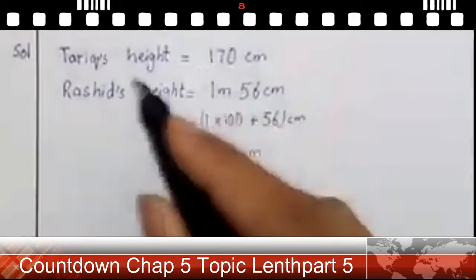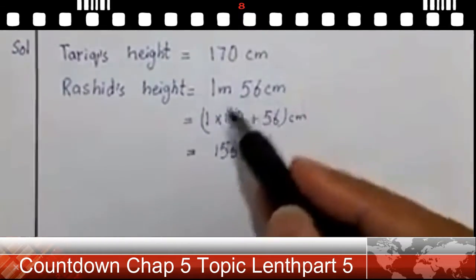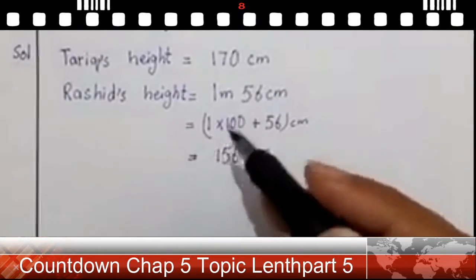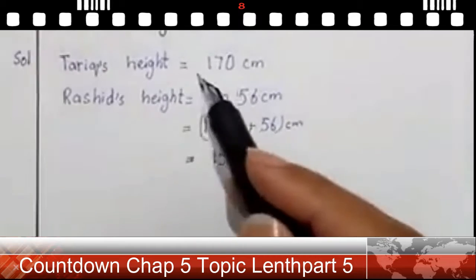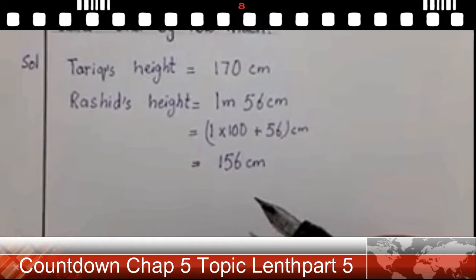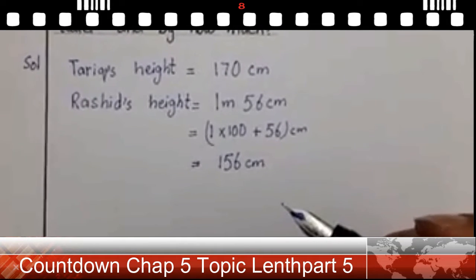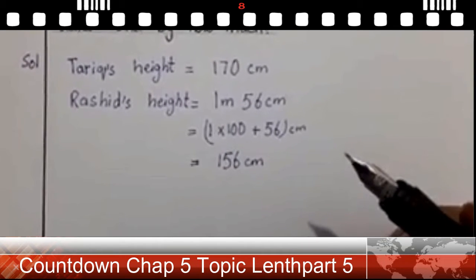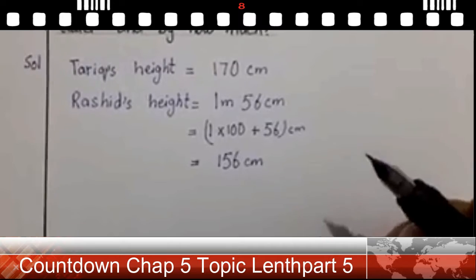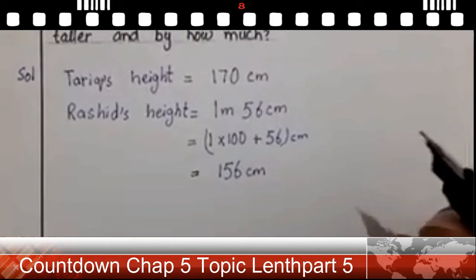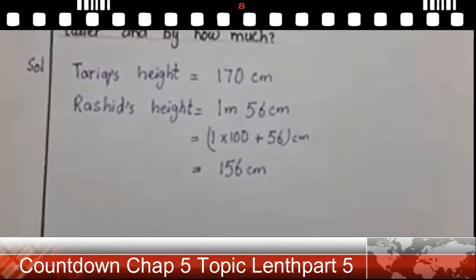By seeing, you can tell who is taller. It means Tariq is taller. So now we have to tell how much taller. For how much, you all know we have done when we were doing the word problems, we have written the words. So now you have to use your memory, quickly, because math is about quick response. When I ask you 2 3s are, in the times table, you always give me the answer quickly. 2 3s are 6. Like this, when I ask how much, you will tell me which operator. How much means how much taller. Tell me the quantity. So how much means we have to subtract.